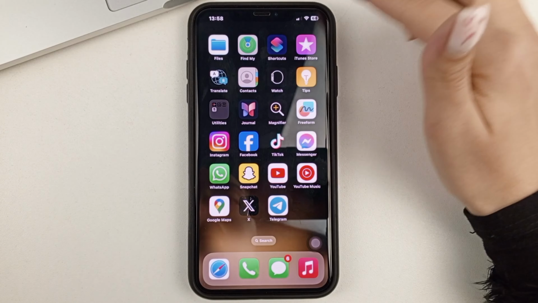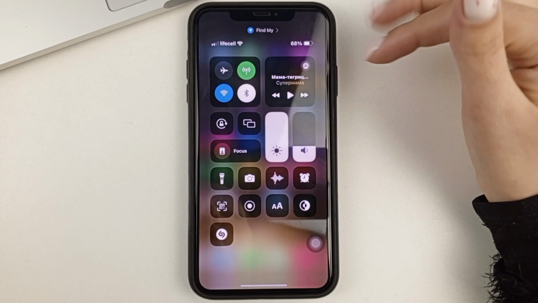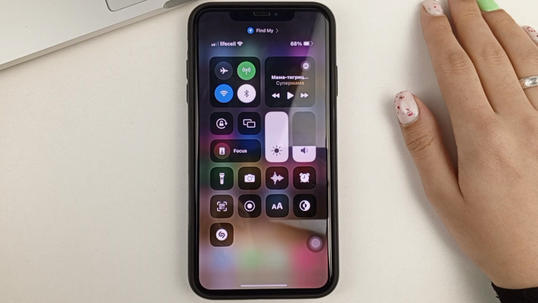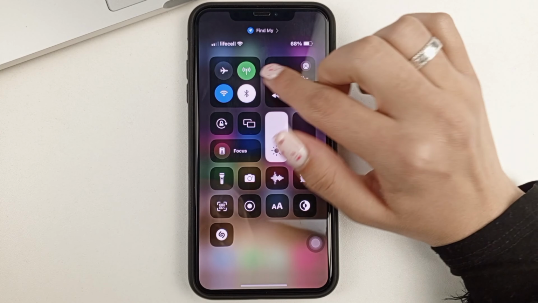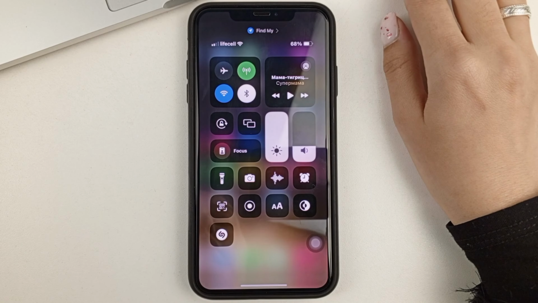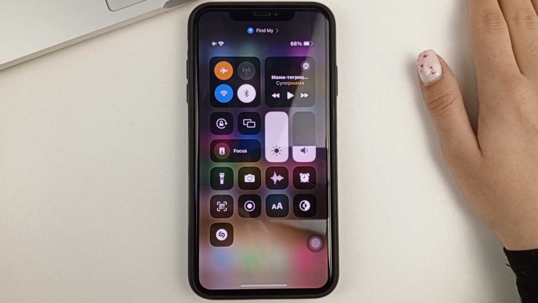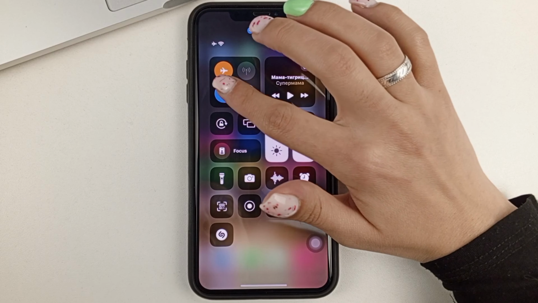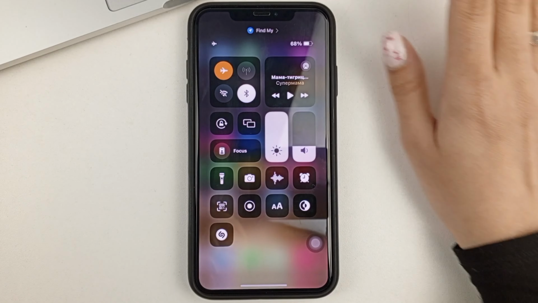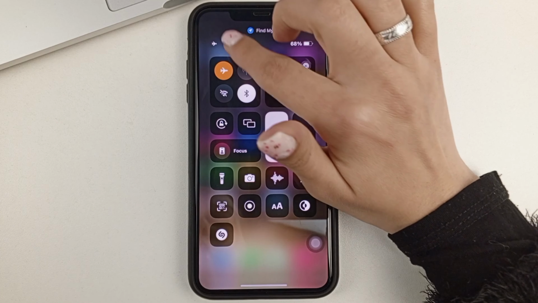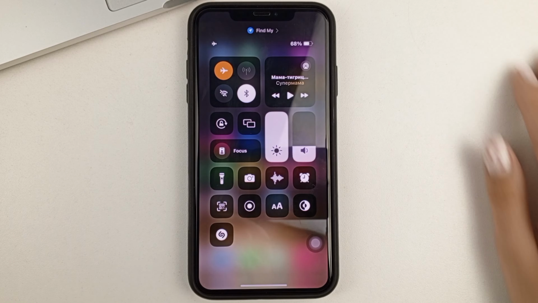And another method is you can swipe down from the right side with your finger to go to the Shortcuts menu. And here you can find this kind of airplane sign. If you tap on it, it will take you to airplane mode. Now I have Wi-Fi enabled, but if you don't have Wi-Fi enabled, then you'll have an airplane sign like this on top.